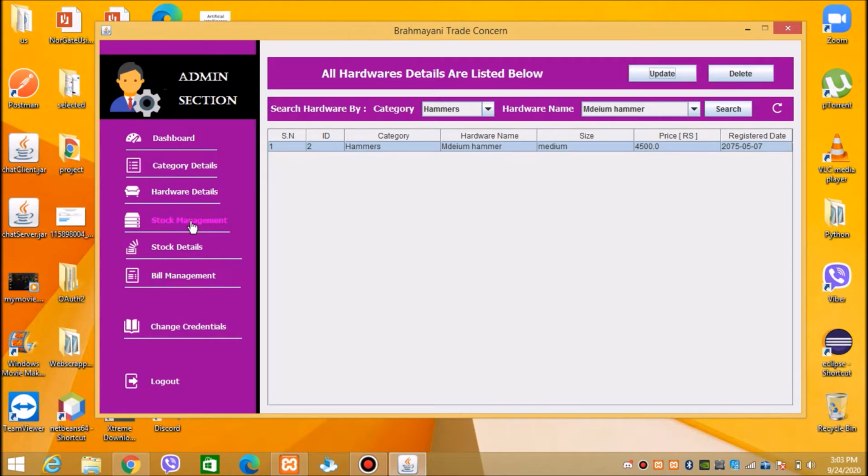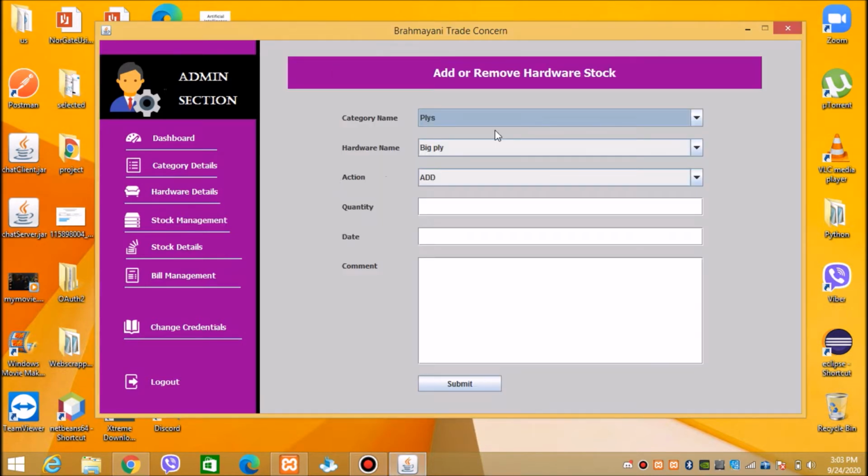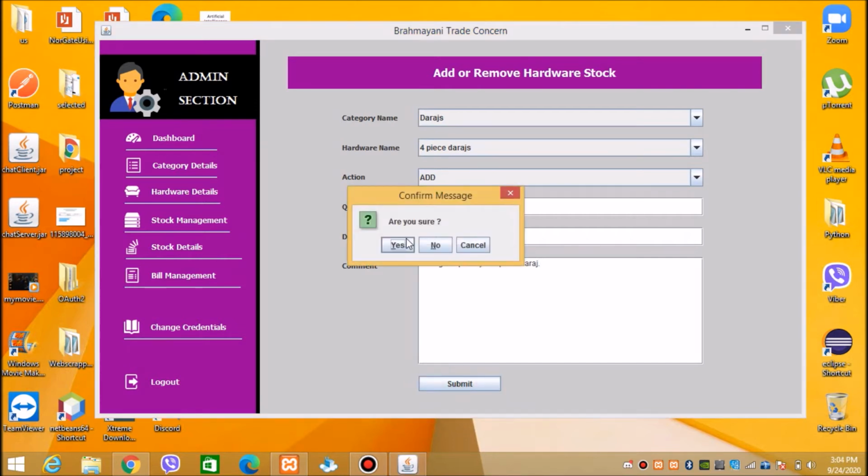And let me go to the stock management section. Here we have category name registered. It will display only the registered category name. And let me choose one, daraz, and inside daraz we have only one hardware, that is 4-piece daraz. Let me add the quantity at 10. Okay, date of addition, let me say adding 10 quantity in 4-piece daraz. Okay, let me submit that,